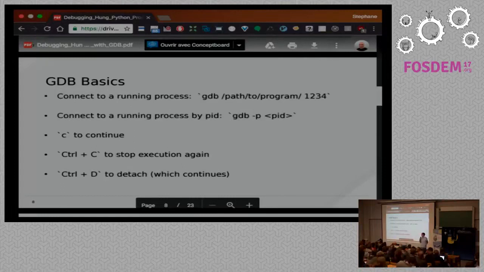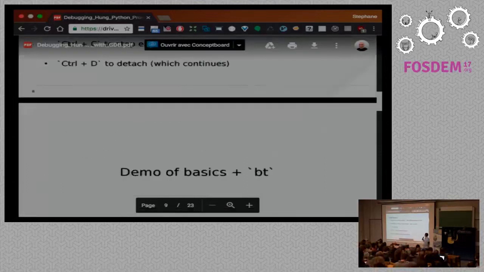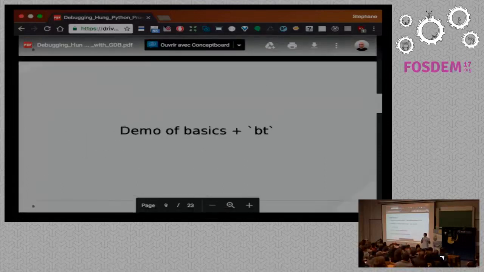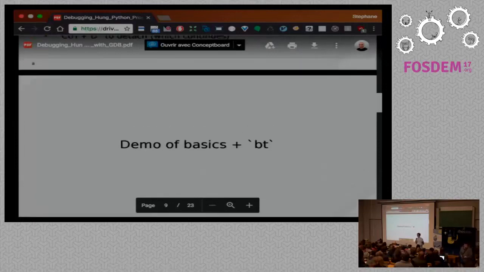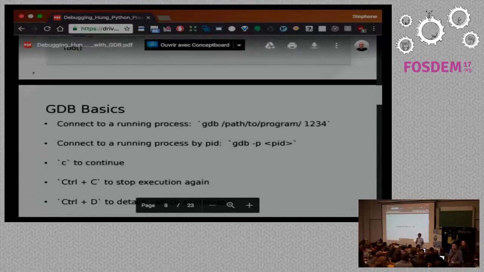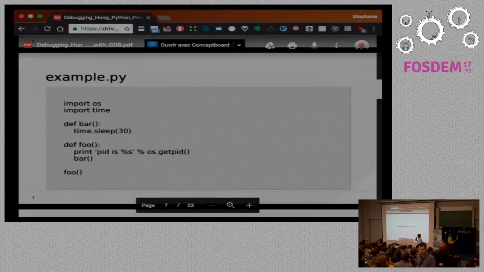And simple stuff, use C to continue, Control-C to stop execution, and Control-D to detach, which will continue your program. So really simple stuff here. Unfortunately, we're not using my laptop. We're using a different laptop, so there won't be any demos. But it's trivial. It's really not